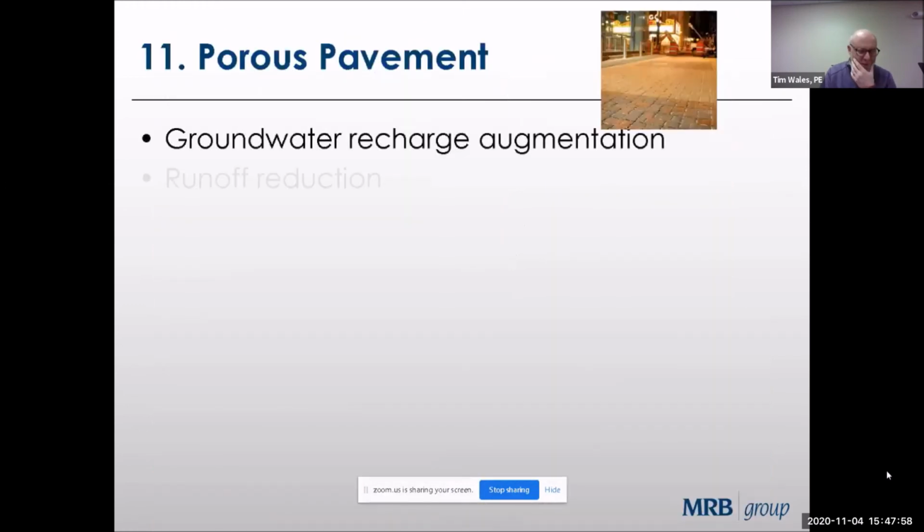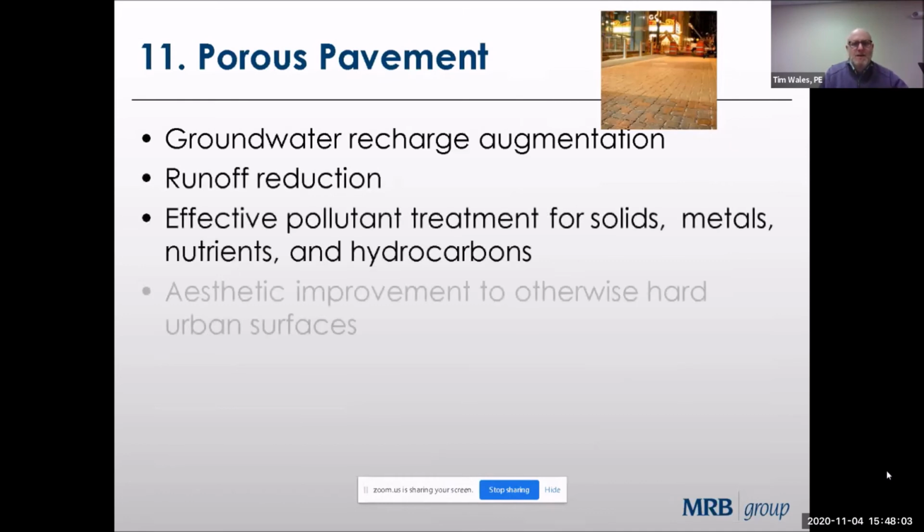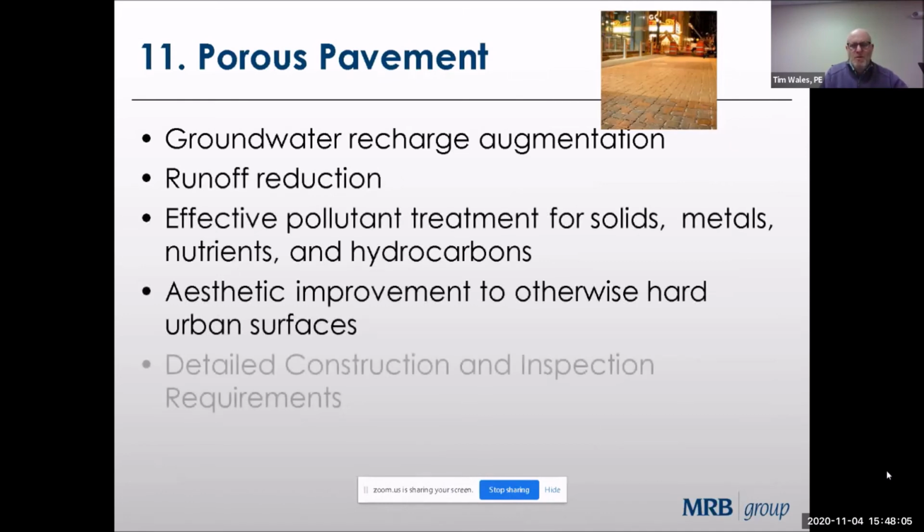Lastly is also one of my favorites, porous pavement. Porous pavement is a great way to reduce runoff from actual asphalt areas, building frontage areas with, you can see some porous pavers. It's a great treatment for solids, metals. It's an aesthetic improvement. And there's more and more examples of use of porous pavements and asphalt on regular